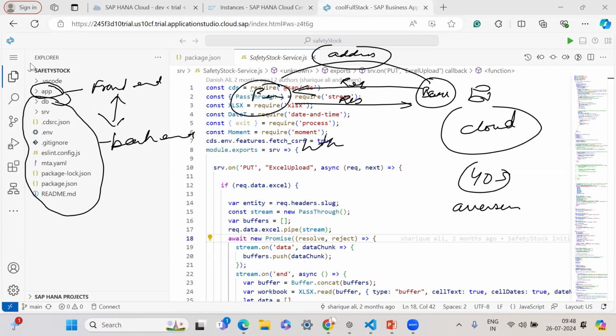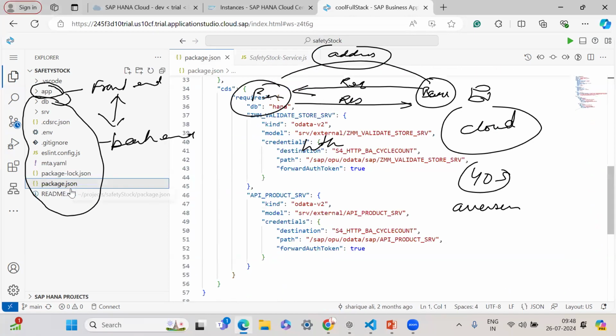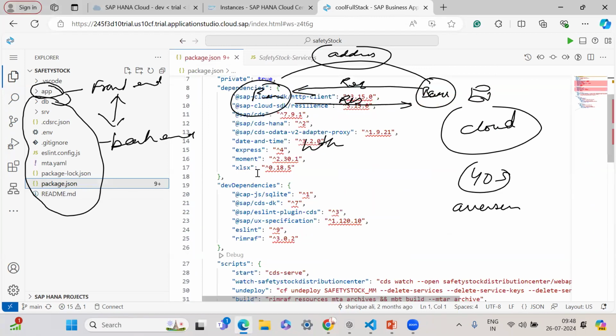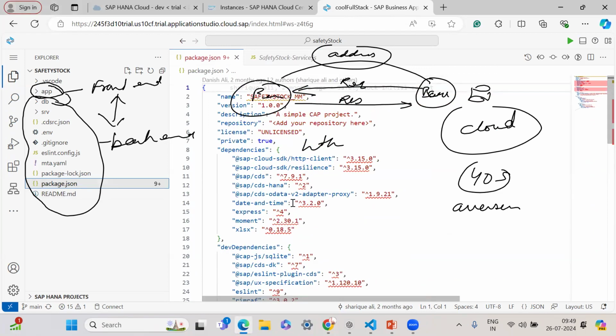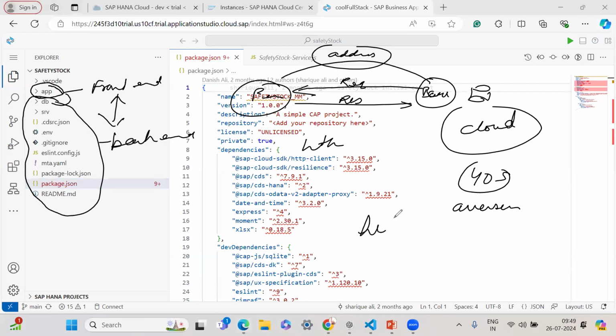If you go into this package.json file over here, and if you just scroll down, the dependencies and those things are here. Using these kinds of dependencies, these OData services are made, and this is how things are actually gelled with each other, so that this talking could take place, and it gives you a framework to work on. That means a help to work on, because if you were to actually do everything from scratch,